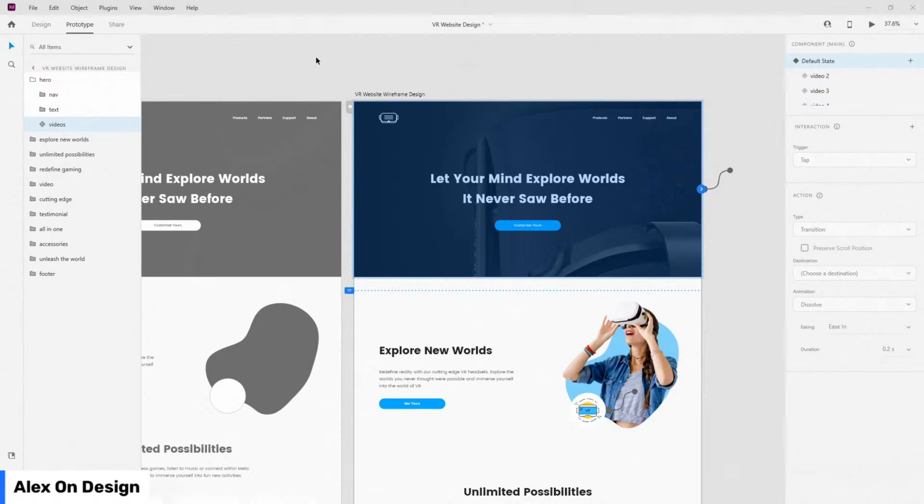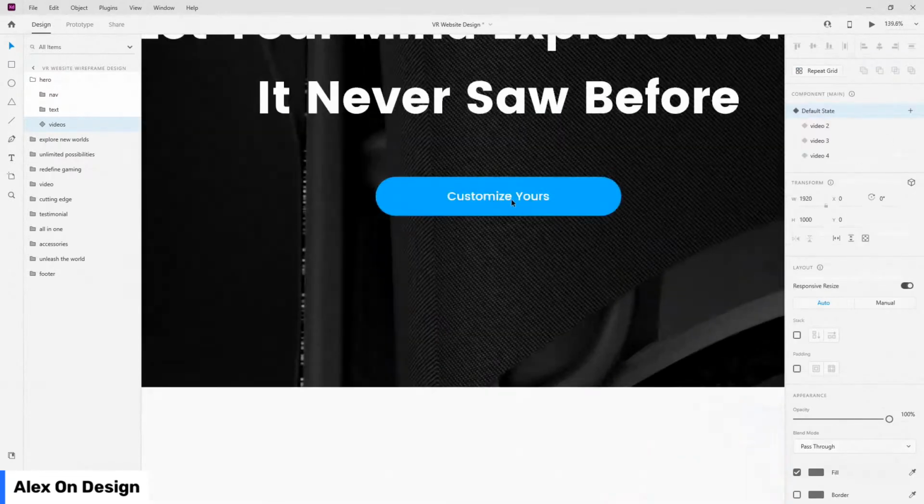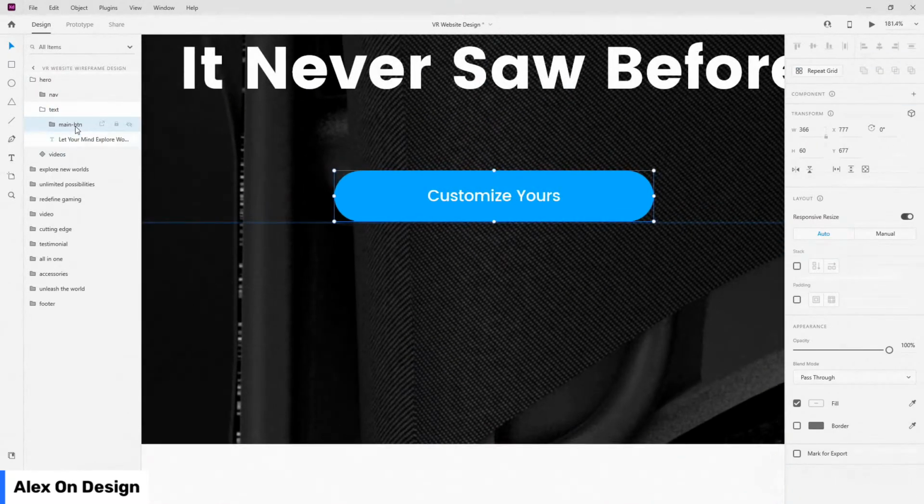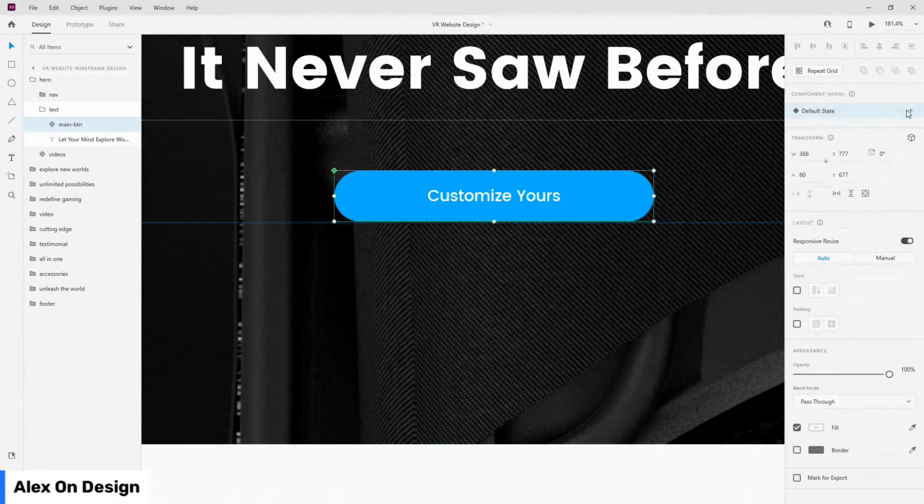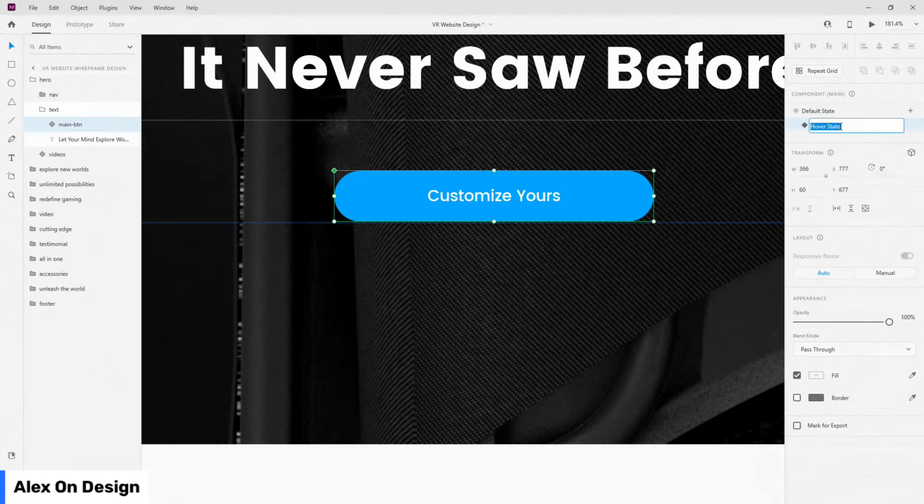design. So this is where we left off. This is what we finished. So now you see that we have all of these buttons. So I'm going to switch back to the design, select my button, call it main button as we did, and I'm going to hit Control or Command K to turn it into a component, then create my hover state, call